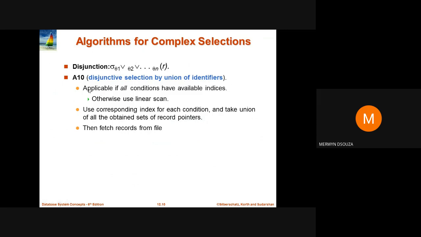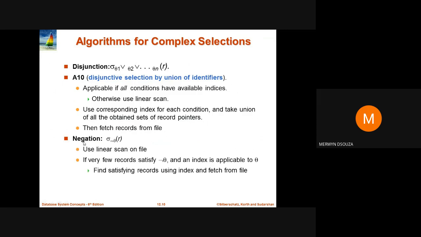It is applicable if all the conditions have available indices, otherwise we could use a linear scan. When using this, we use the corresponding index for each condition, and then take the union of all the obtained sets of record pointers. Then we could fetch the records from the file.